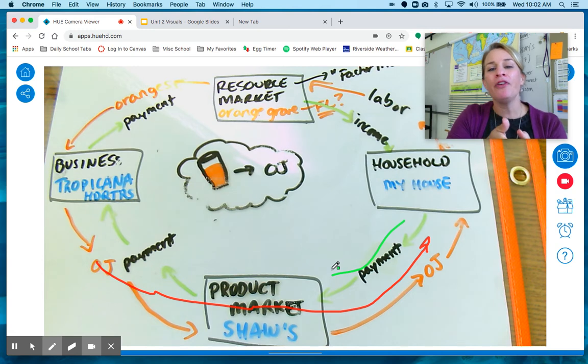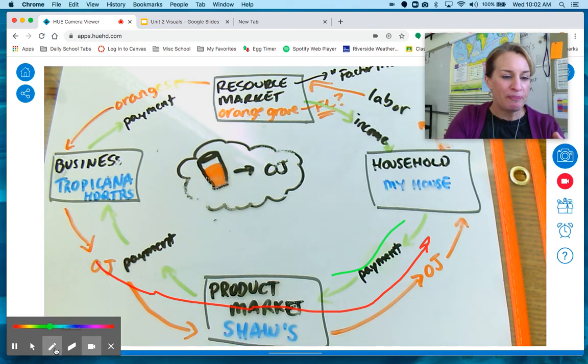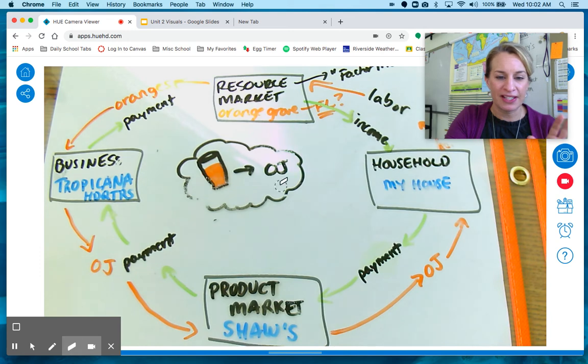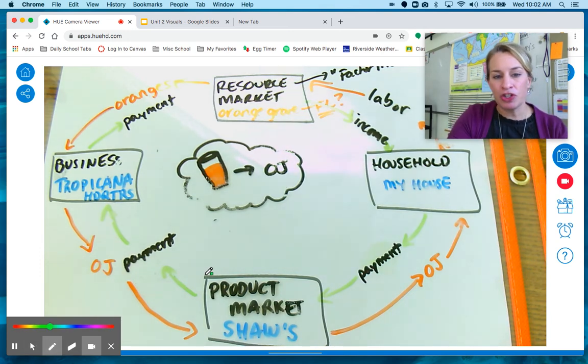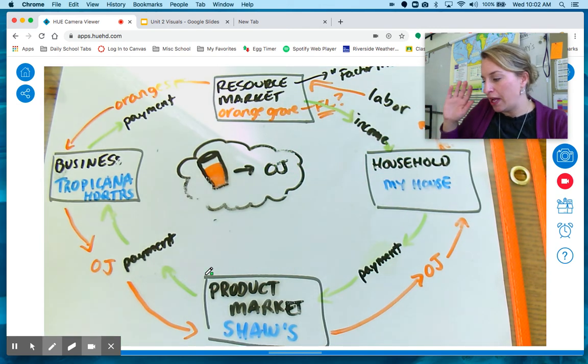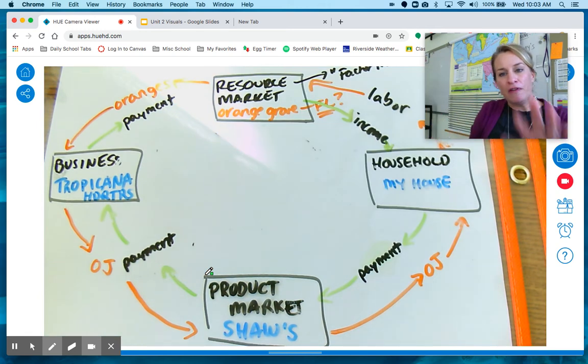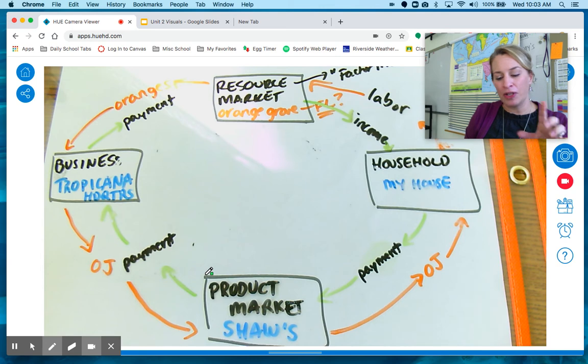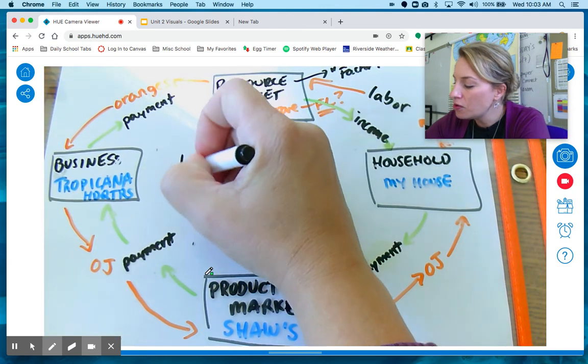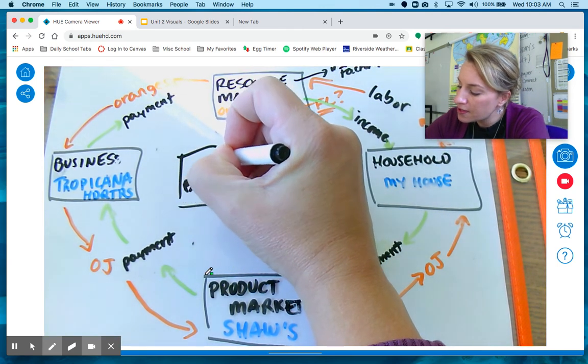The other element of this circular flow diagram, and I don't want to freak you out, but I'm just going to show it to you. You don't have to write it down. I'm going to erase those lines so you don't have them anymore. I'm going to just draw something on here. And like I said, don't freak out. You don't have to do it. In the future, there are two other elements that are involved in the circular flow of money and resources and goods in the economy. And those two entities are banks